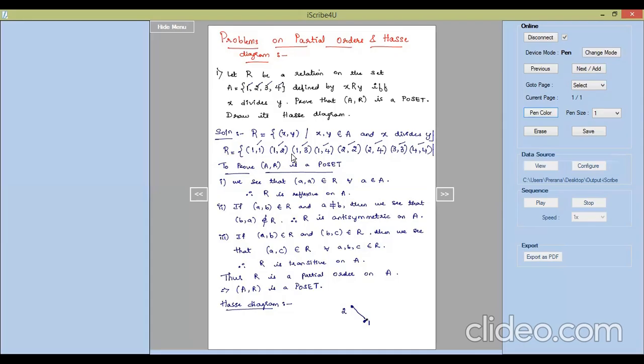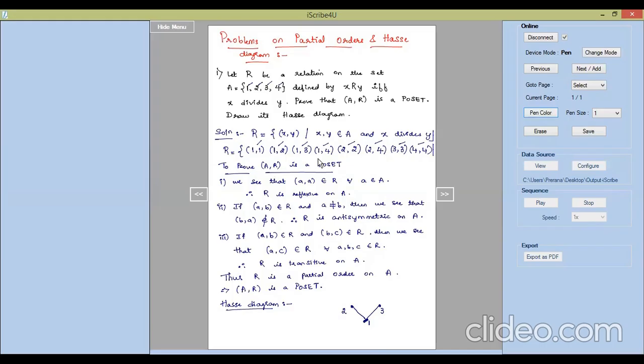The direction need not be explicitly written. Okay. This is the vertex 1 for us. Next 1, 3. So 1, 3 means from 1 to 3 there should be an edge. So from 1 I will draw an edge to 3. So 1 to 3 there is an edge. Again the edge is drawn upward, which is obvious.